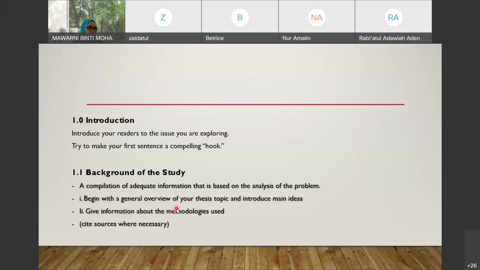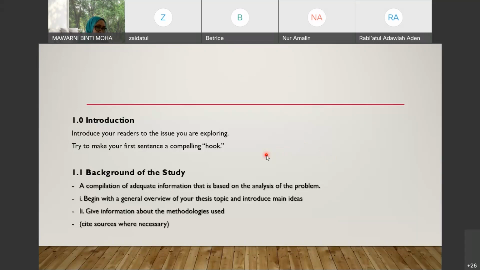All right. Now, what do you write in the introduction? Okay, so basically, as I mentioned just now, I am not going to explain about the 6 or 7 steps of the research process, because there are so many researchers who have suggested you must follow these steps, but I will directly focus on the elements needed in the chapter, okay, and a bit of tips, of course. Right. Introduction is where you introduce your readers to the issue that you are exploring. Okay.